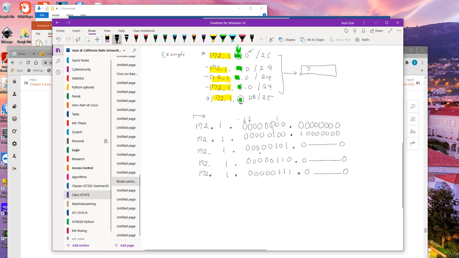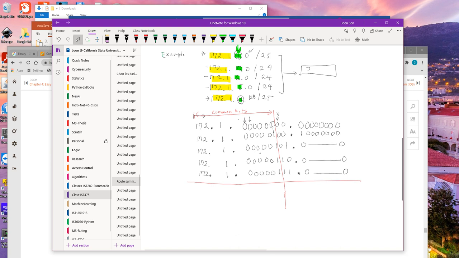Yes, they are all common, right? However, when I go to this bit, if you look at this column, they are not really common, because this is a 0 and then this is 1, right? So this is not common bits. So I'm going to use the red to identify the commons. So right there. Right? So that's my common bits. Okay.